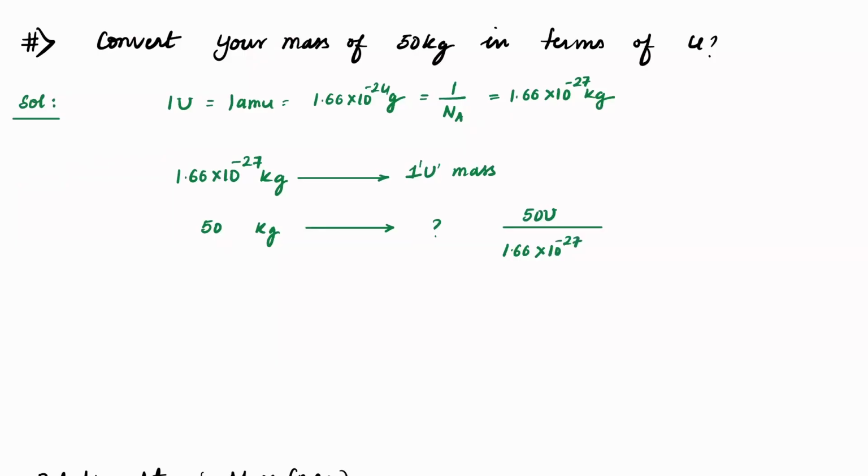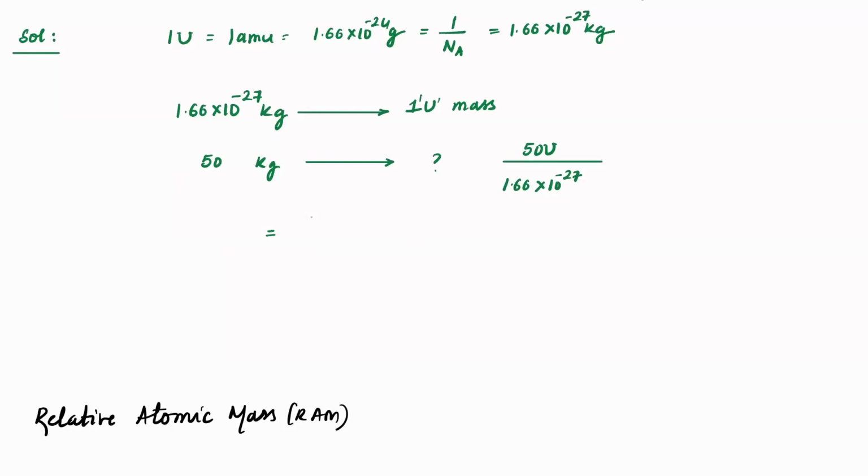Can I write this as 50U divided by 1.66 into 10 raised to power of minus 24, into 10 raised to power of minus 3? I'm doing that because we know this number, that is, 1 by this number is something